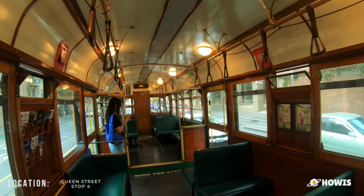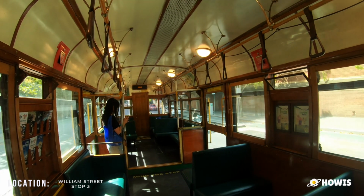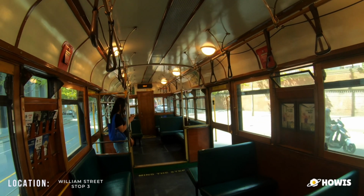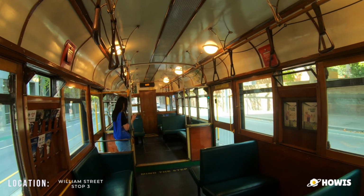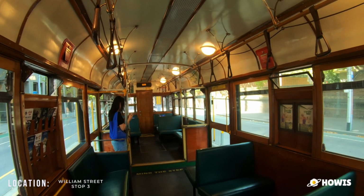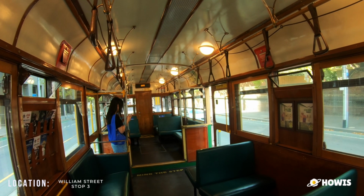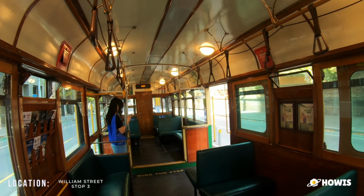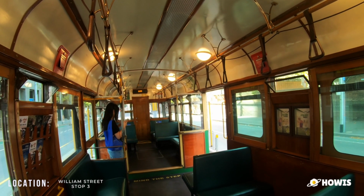The next stop is Flagstaff Station and William Street. Step off here for metropolitan trains and to connect with Route 58 trams. William Street is the home of Melbourne's historic and imposing law courts, comprising a large complex of buildings dating from the 1870s. From the next stop, change to a Route 58 tram bound for West Coburg to go to Melbourne